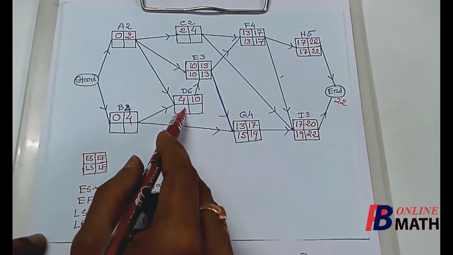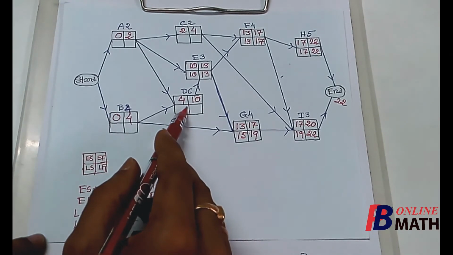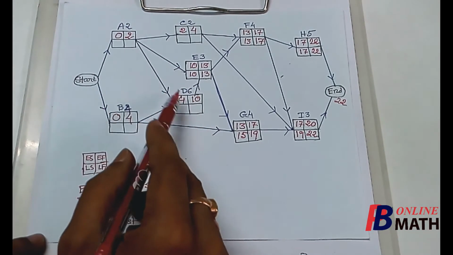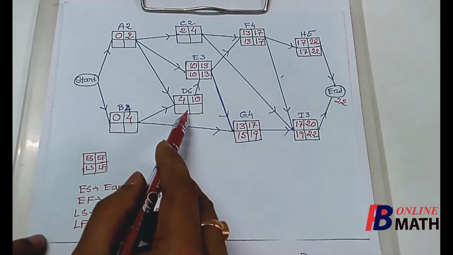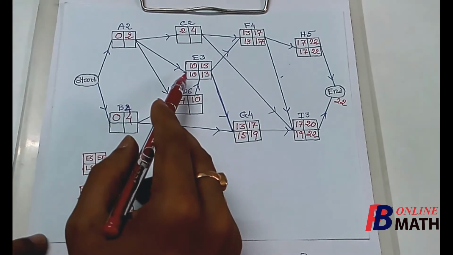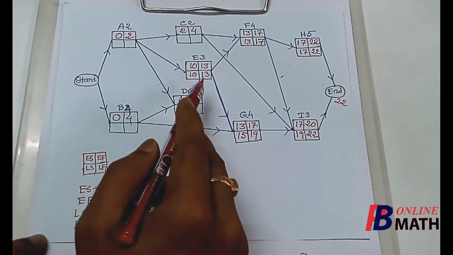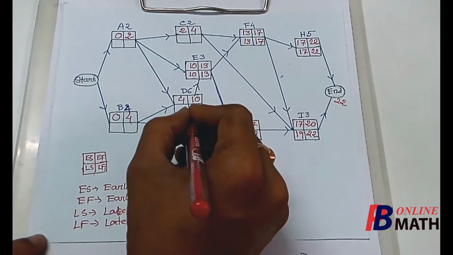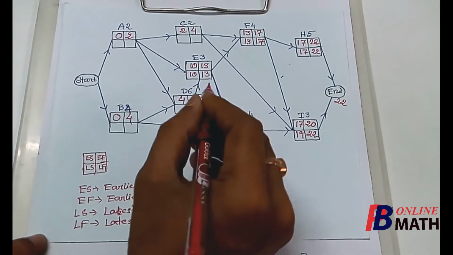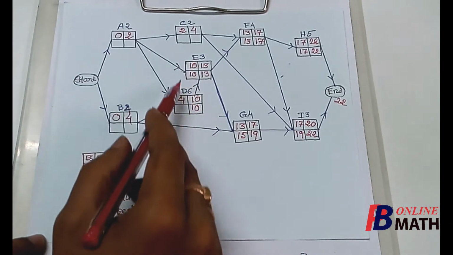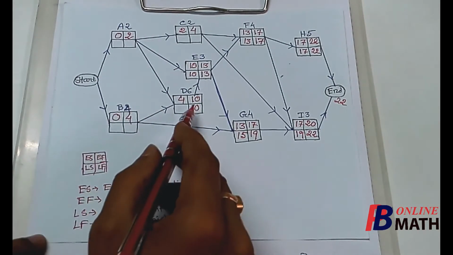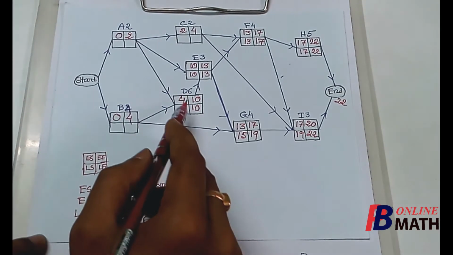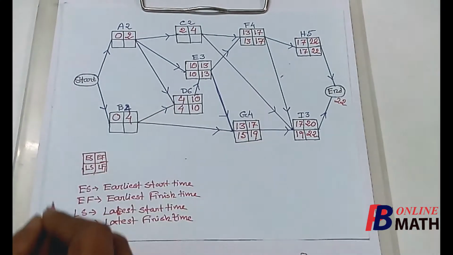We consider the activity D. Here we find that the activity D has only one successor, which is E. So the activity E can be started only if the activity D is completed, and here it is given that the activity E must be started within 10 days. So this 10 must be the latest finish time of the activity D. So the activity D must be finished within 10 days such that the next activity E can be started within 10 days, and it takes 6 days to be completed. So the latest start time of D will be 10 minus 6, which is 4.